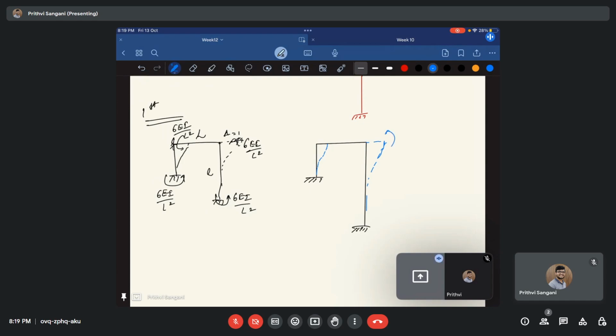Okay, so this is 6 EI by H square, 6 EI by H square. This is 6 EI by (H by 2) square. Then that is going to be L by H by 2. So H by 2 is 2 square, 2 square is 4, 6 times 4 is 24. So 24 by H square. This is 24 EI by H square. Okay, fine. Now